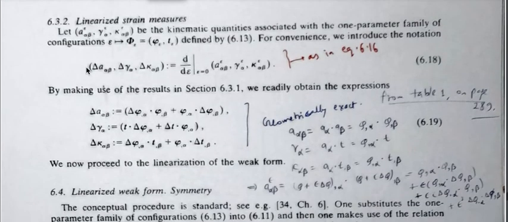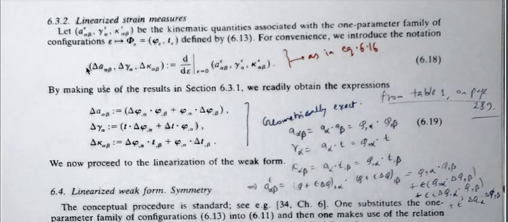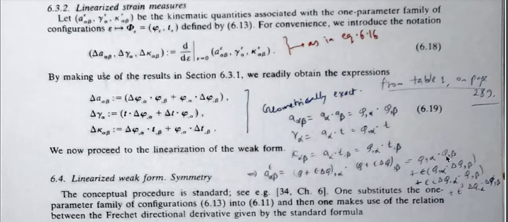Please note, by saying that we are considering the directional change in the strain, we are actually considering the linear term in terms of the epsilon parameter. We have an epsilon parameter which is causing a change in the shell configuration, or not necessarily change, it is forming a Taylor series expansion of the shell configuration at a particular value of epsilon, and in that we are considering the linear term of epsilon.